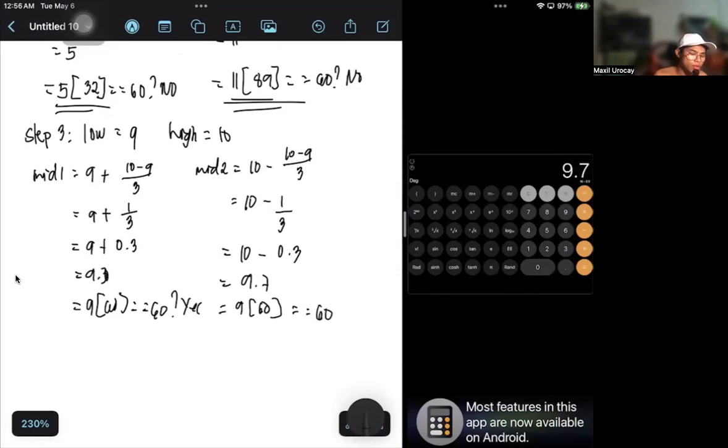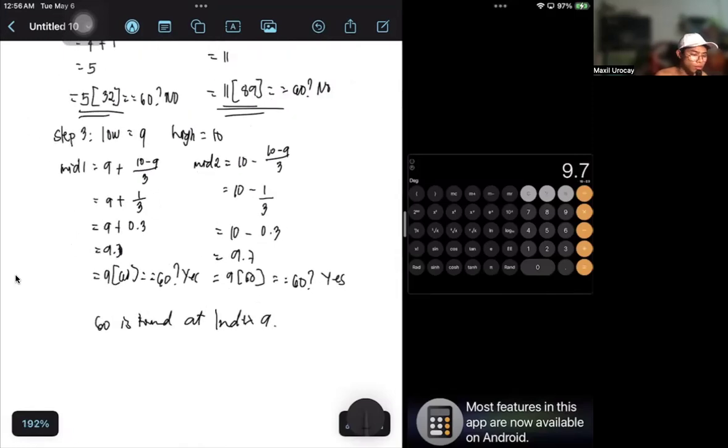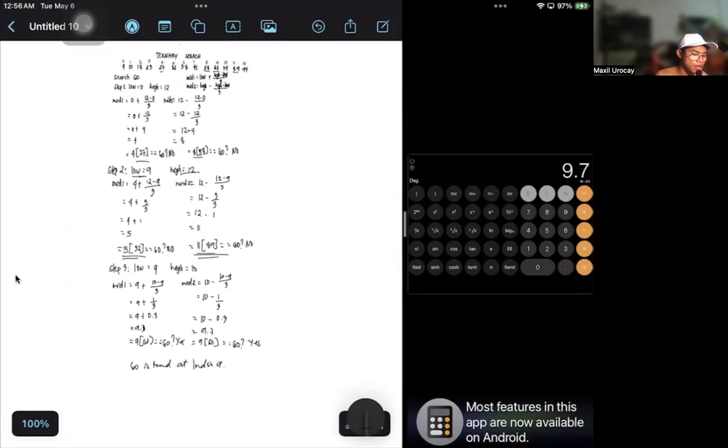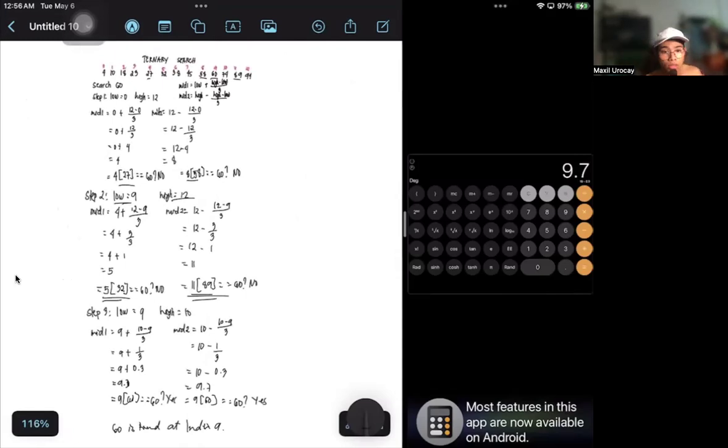So is it equal to 60? Yes, then the same thing. So we could confirm right now that 60 is found at index 9. So that's how we illustrate the implementation of ternary search, and that is really basic for you,